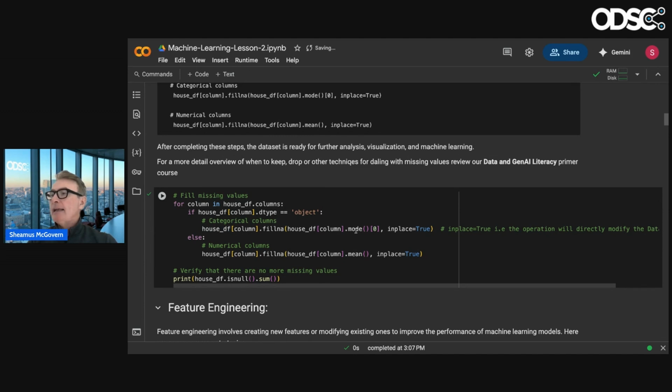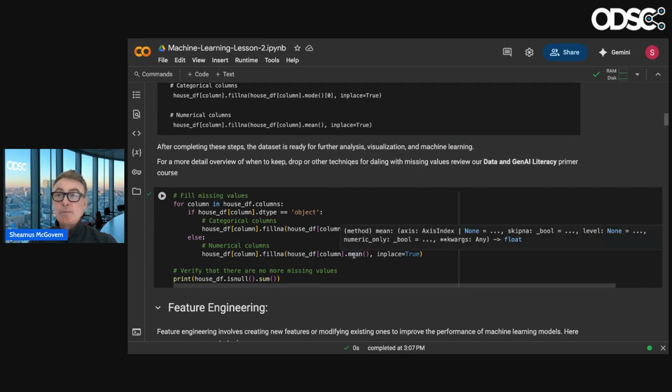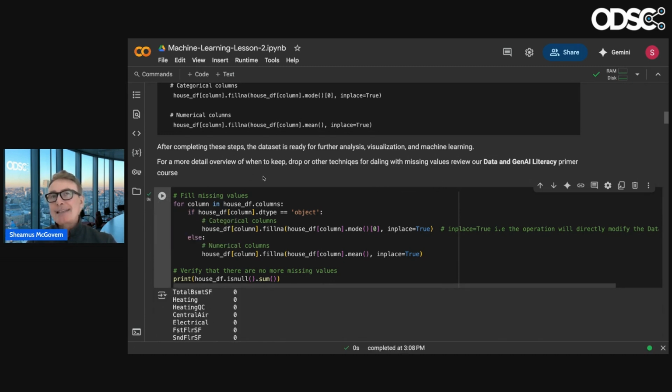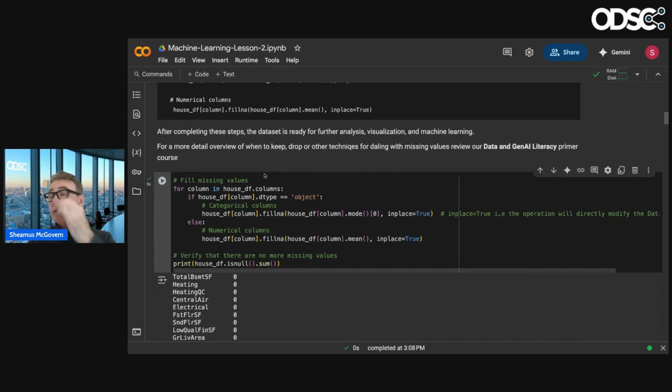If it's categorical and non-numerical, we're going to get the mode, i.e. the most frequent value, and if it's numerical, we're just doing the mean. Again, not advocating using this every time. This is very crude, but maybe it doesn't make a difference. There are more advanced techniques like Winsorization. There are lots of different techniques you can try to fill in missing values, but for the sake of doing this,